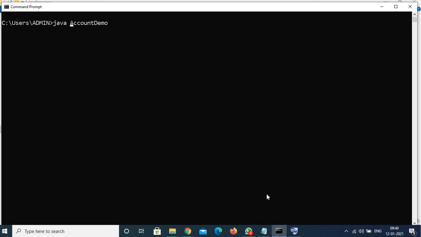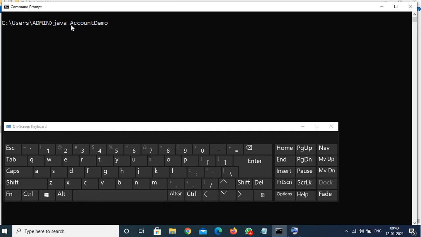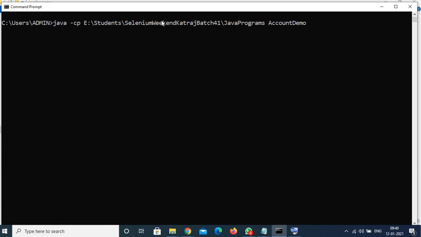So we need to set the class path for the java command as well, the way we set the class path for javac to get the class files, to know about the user defined symbols during compilation. In the same way, we have to set the class path for the java command as well to get the required class file to start the execution.